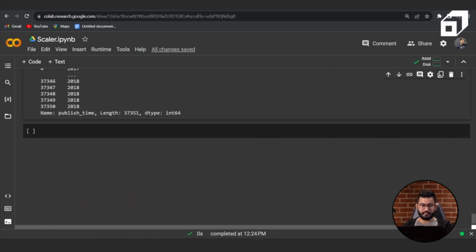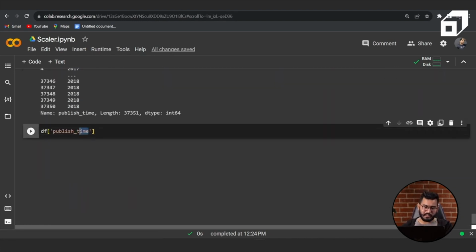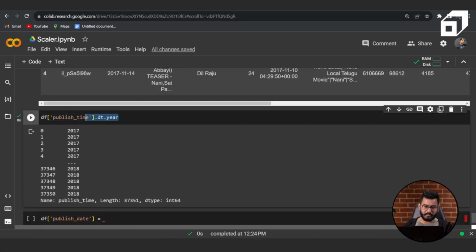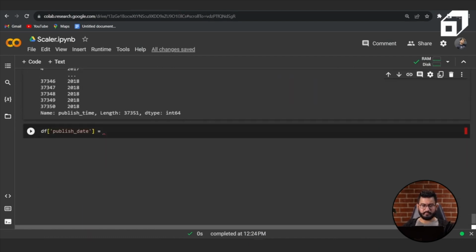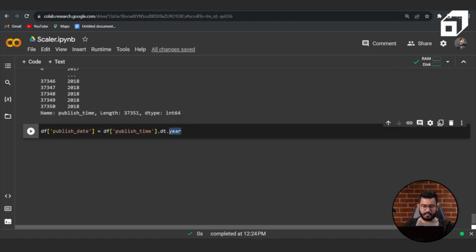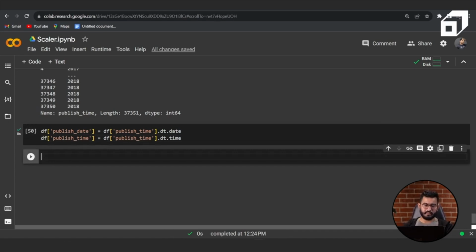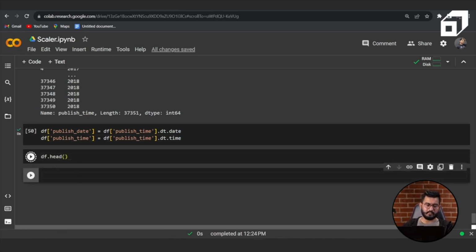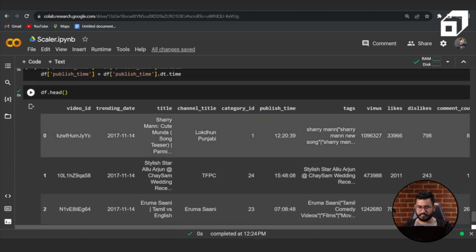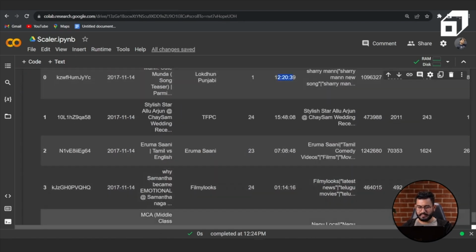Let's create two columns now, one with the date and one with the time. So I'll create a column publish date, which will only have the date component from the publish time column. Let's copy this, put it over here, and I want date. Let's create one more column, which I will call publish time, and this will have publish time dot time. Let's run it. Now if I look at the head, we now have two columns. One is publish time, which is having only time, and then we have a new column known as